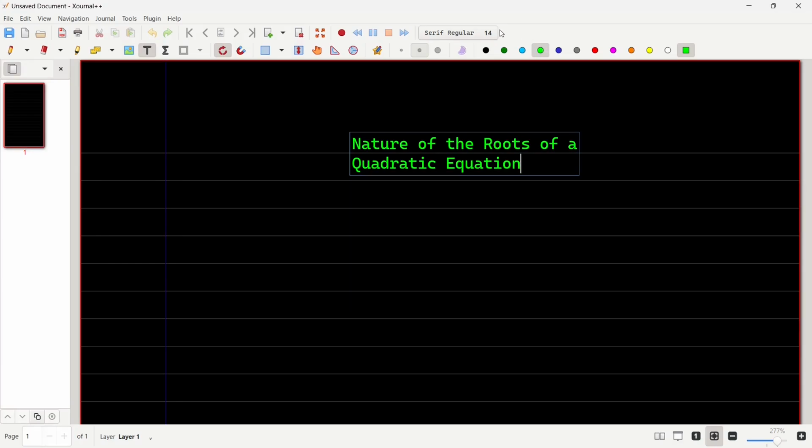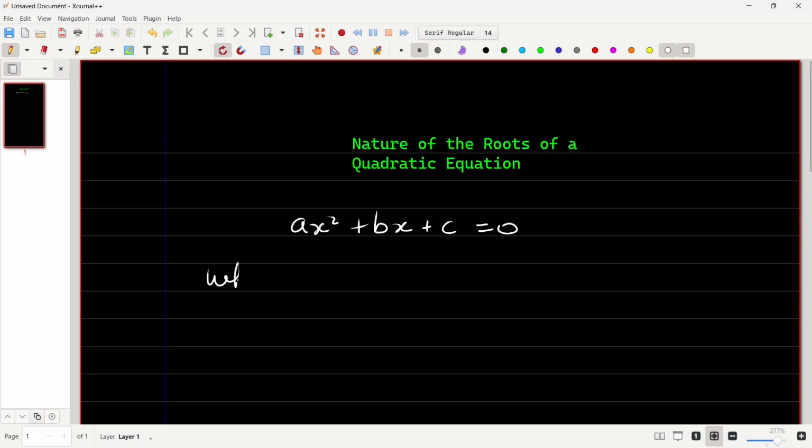All right. What we're going to do is get started from the general form of a quadratic equation. So remember, our general form of our quadratic equation is ax squared plus bx plus c equal to 0, where a, b, and c are members of the set of real numbers, and a cannot be equal to 0. So you should already know that in the equation, a, b, and c represent the coefficients, and x